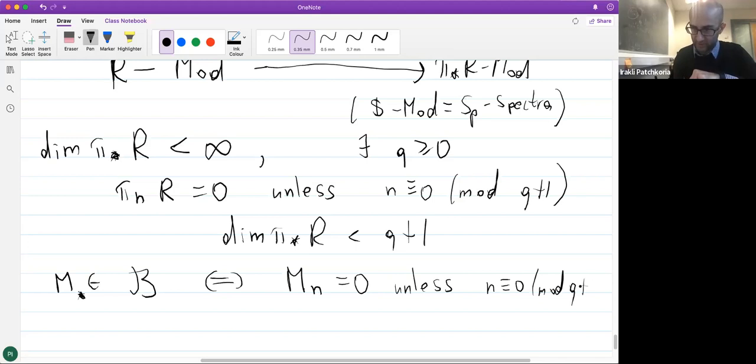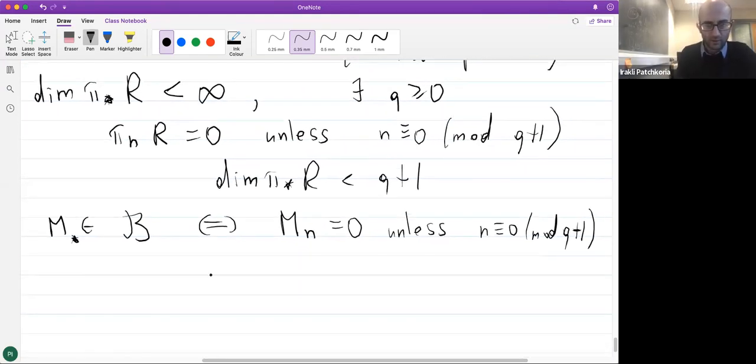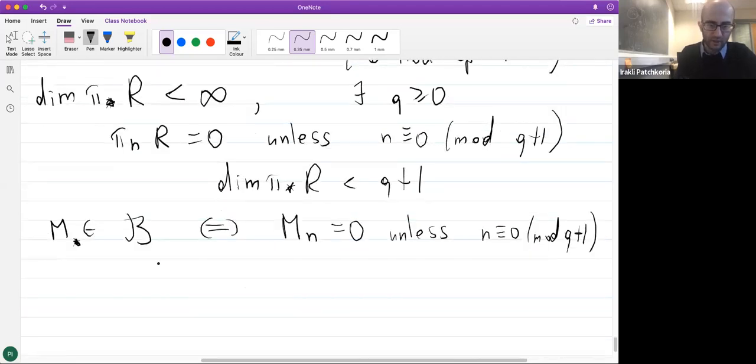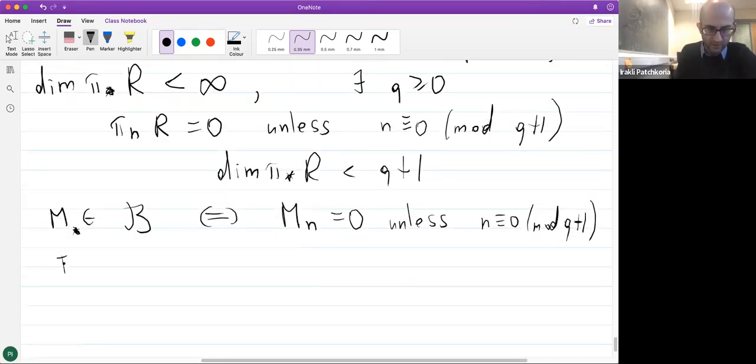So basically, when I have a ring where the elements are only concentrated in graded degrees divisible by something, you can split up every graded module as things concentrated in degrees divisible by this number, divisible by plus 1, plus 2, and so on. And then you come back. So basically you are sort of graded over Z mod q plus 1 in this case. So that's where the splittings come from. It's kind of a weight decomposition in this situation. Okay, and if you have such a thing, then the theorem implies